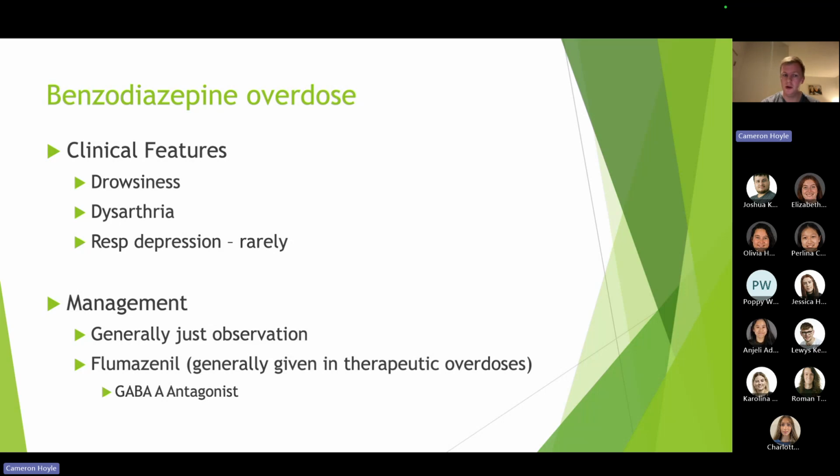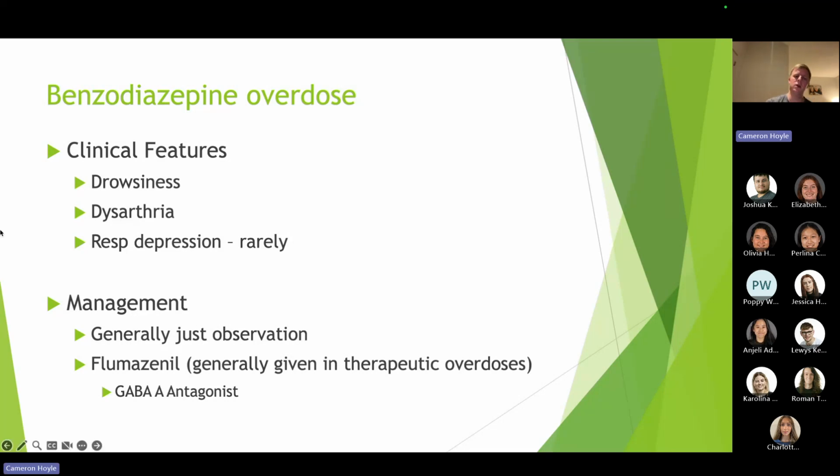Management of them, again, generally we just observe them. There's talk of flumazenil, which is the antidote that comes up in exams, which is a GABA agonist. In intentional overdoses, so patients that have intentionally taken benzodiazepines and come in, say, through the A&E department, we don't tend to use flumazenil. We tend to just let them ride it out, just observe them, make sure they're maintaining their airway, rather than reversing it, because you can get some quite bad withdrawal side effects if you're